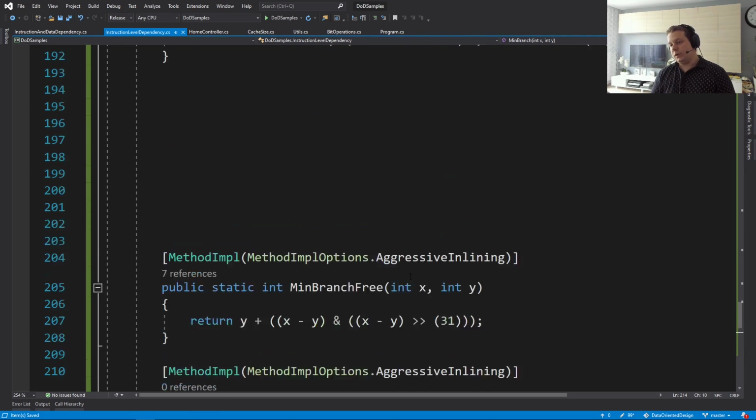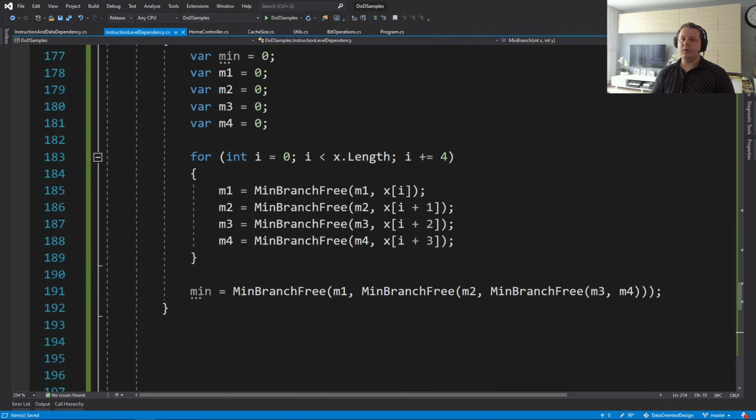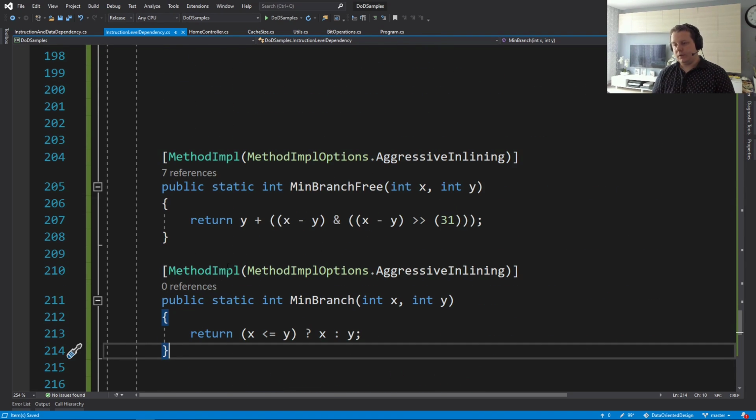So we're going to optimize everything, but we're going to stall on the branch prediction because it's purely dependent on data, and if we're going to have a lot of misses, then we're just going to stall, and that's not good. So what we're trying to do here is remove all of the if statements from our loop,